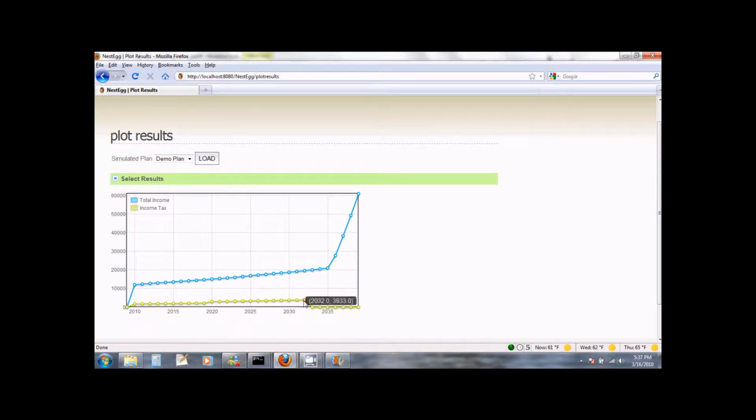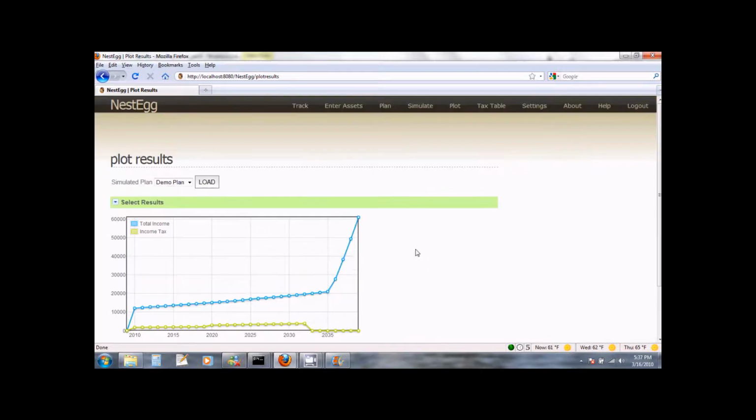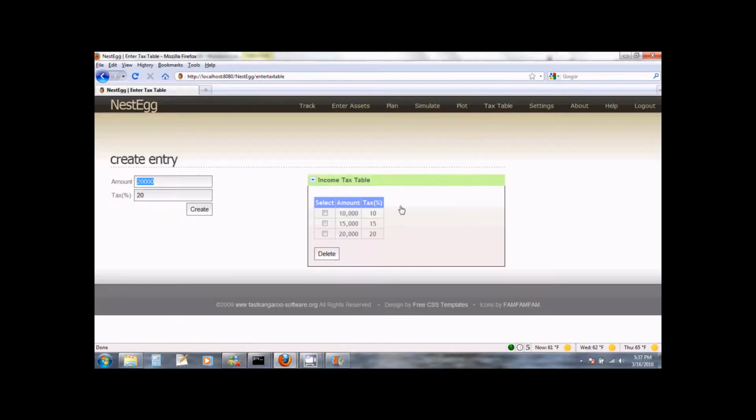We also see that in the year 2033, our income tax has abruptly dropped to 0. Why is this? If we look at the income in this year, we see that it is $20,087, which means it is a little bit greater than $20,000. If you remember our tax table, we see that the max limit we have specified here is 20,000, and after that there is no entry. This is the reason why after $20,000 the simulator was unable to know what tax it should levy, and hence it did not levy any income tax.